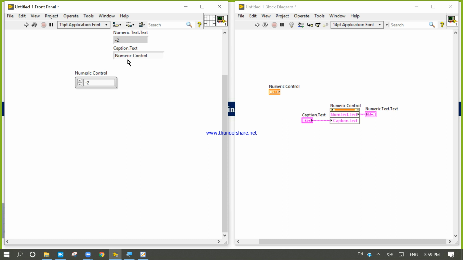If I write new number, look at here, new number automatically changes. So by our programming logic, we can change automatically.